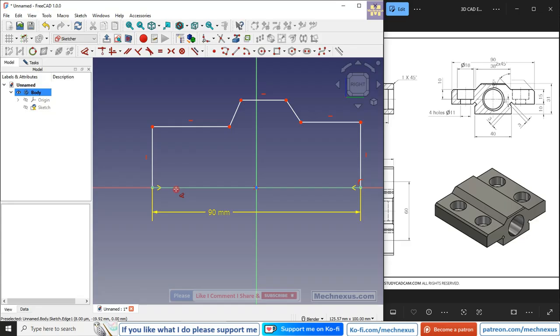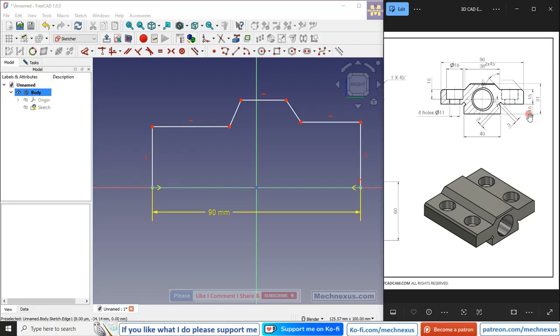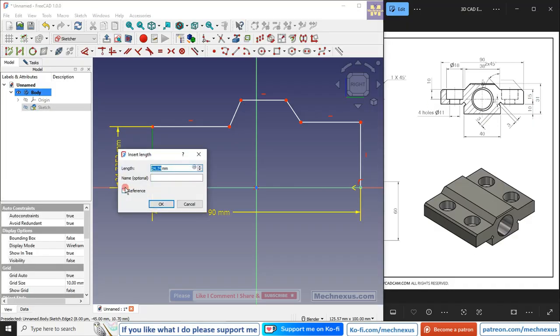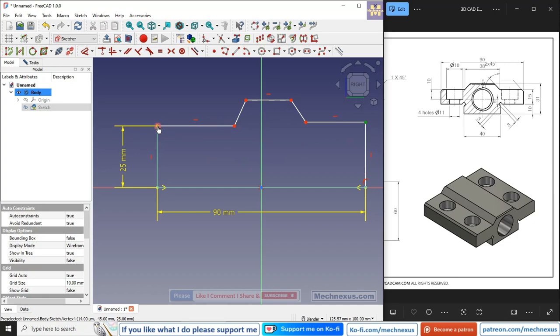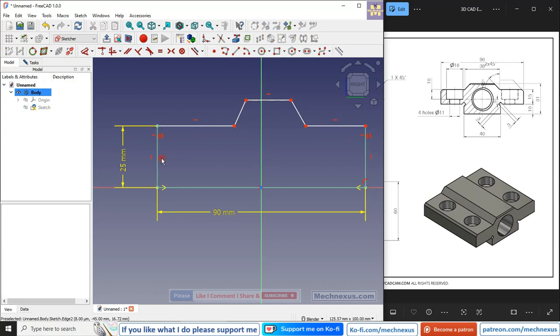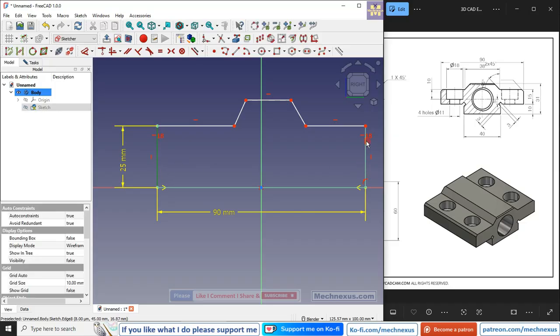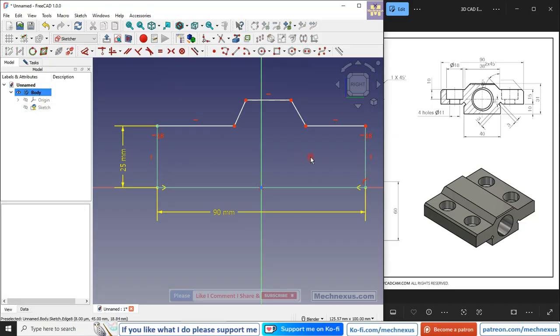And now if we see the height, 10 plus 15 is 25, so I will provide this dimension 25. Instead of providing the 25 dimension here, we can do two things. We can select these two points and make it horizontal, or we can select this and this and make it equal. And now